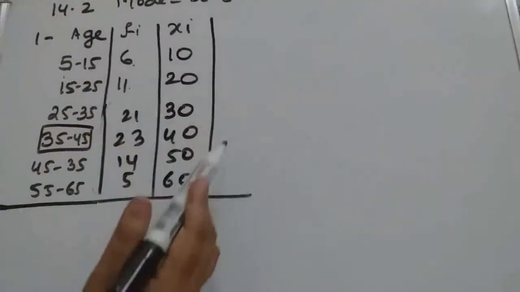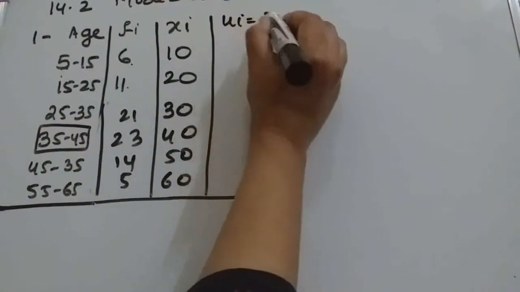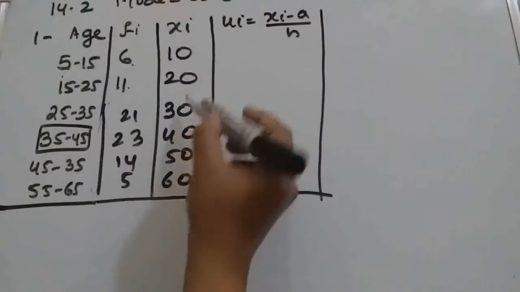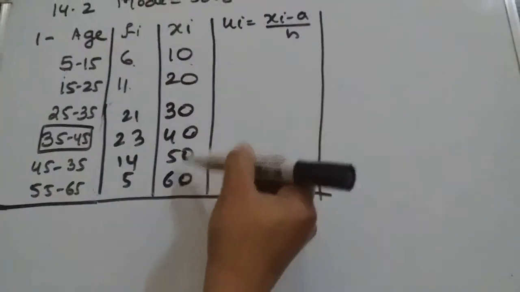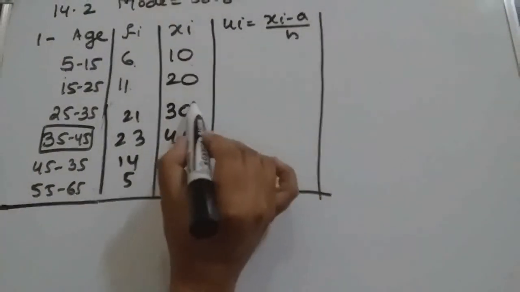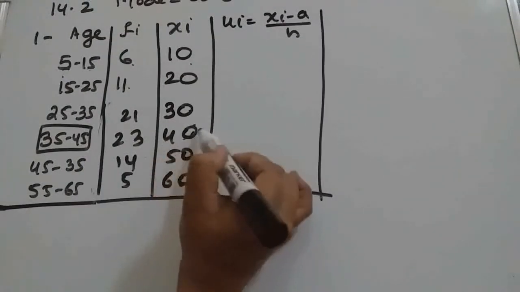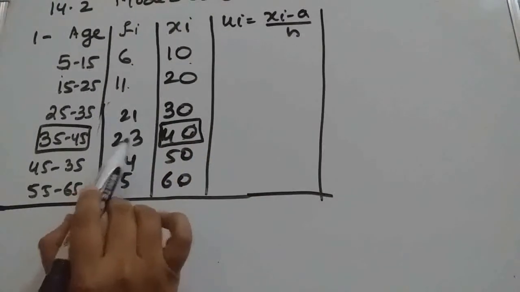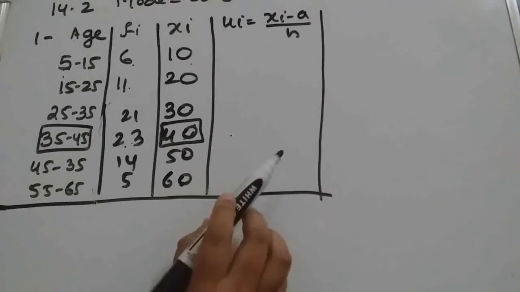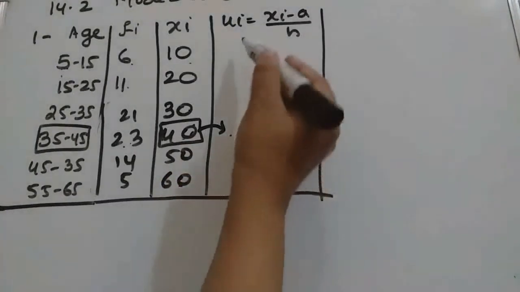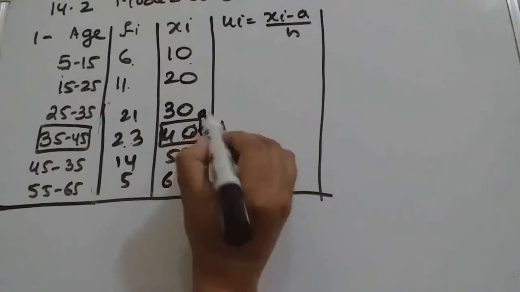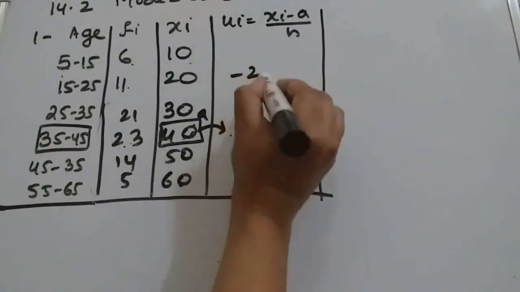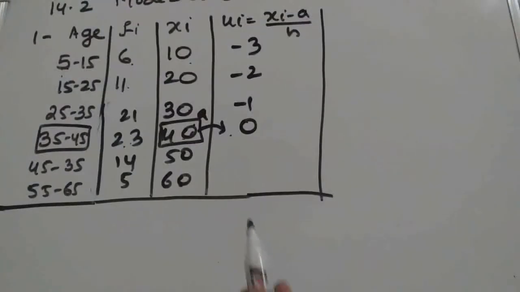Now here values are larger, so go with step deviation method. xi minus a by h. Isn't it? So now how many observations are there? 6 observations are there. So you can assume 30 as A or 40 as A, no problem. Suppose 40 we assume as A because this 23 is large. So ui in front of this A will be 0. Okay. Then above 0 start writing with minus values, minus 1, minus 2, minus 3, and here it will come